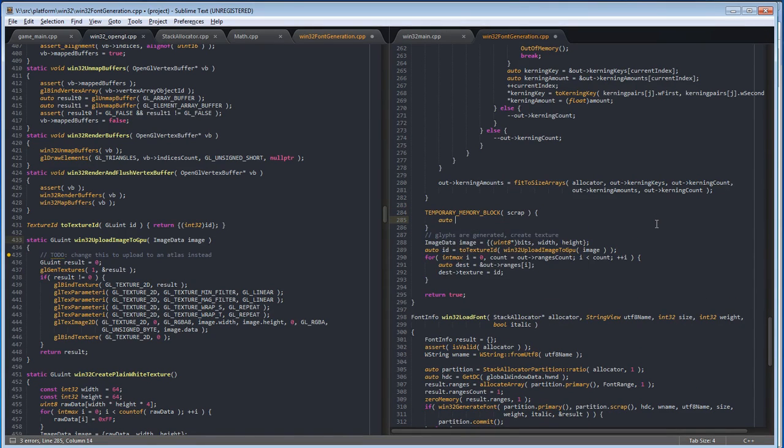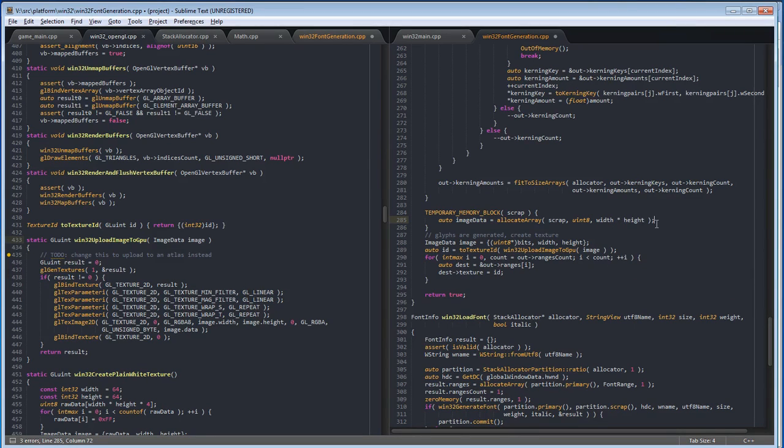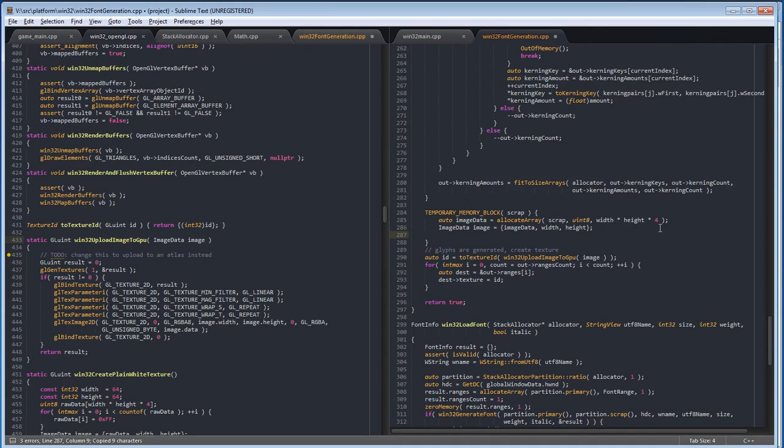We're gonna allocate the image data, which is width times height times 4 color components RGBA. And then